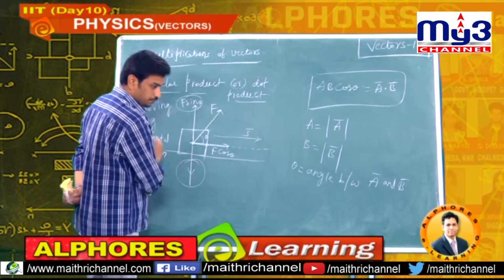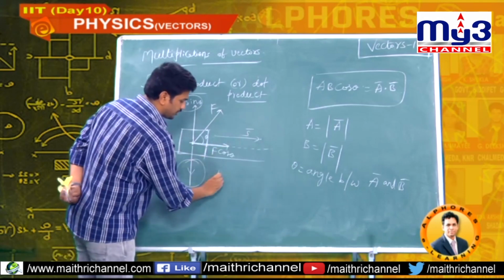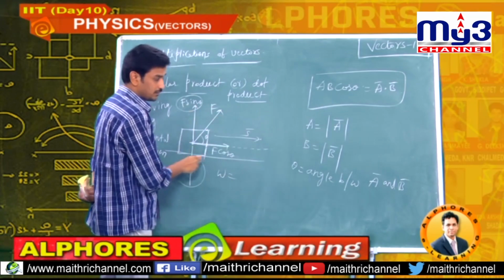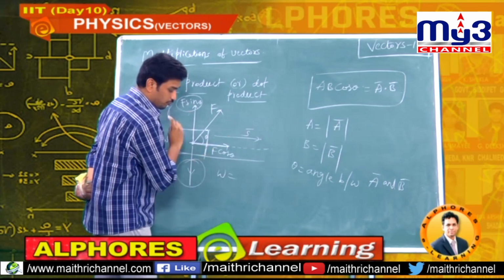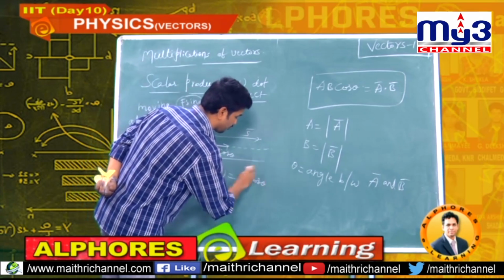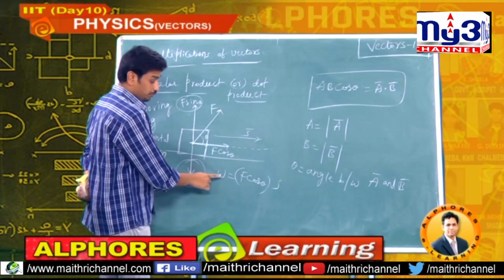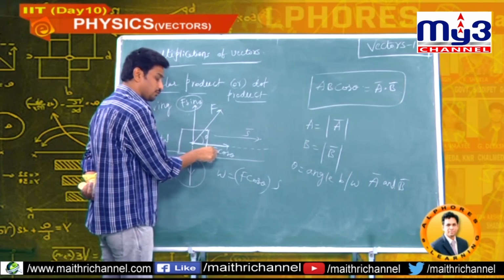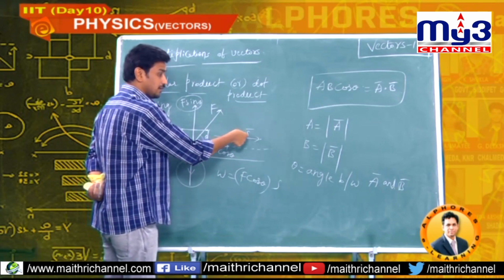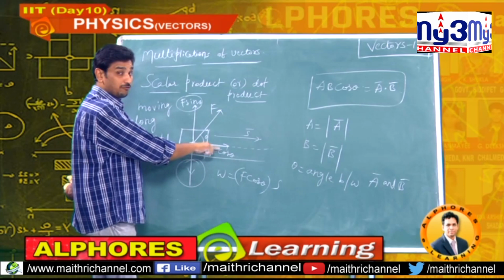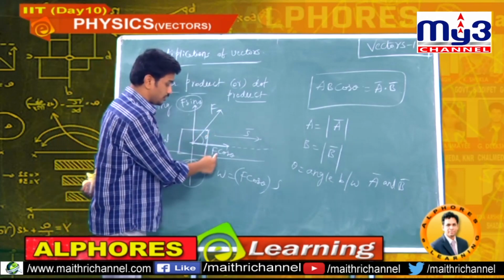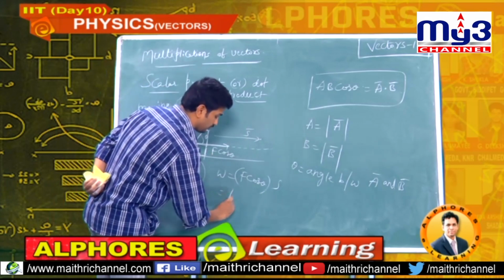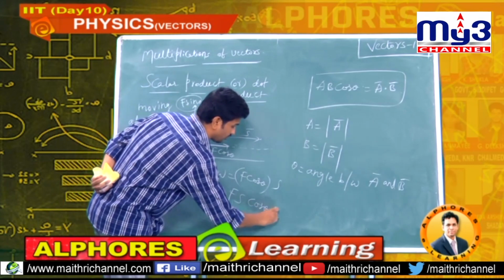Now here, what is the work definition? Product of force and displacement. Displacement because of this force: F cos theta into S. We should multiply displacement and force. Which force should I take? Displacement is because of F cos theta. That force we should take. The force which is giving displacement, that force we should multiply: F cos theta into S. Now this is Fs cos theta.